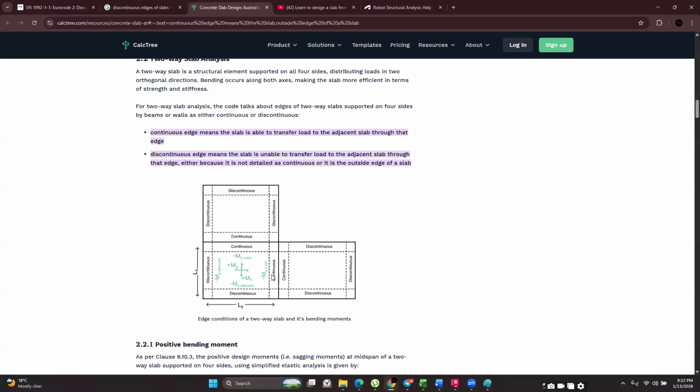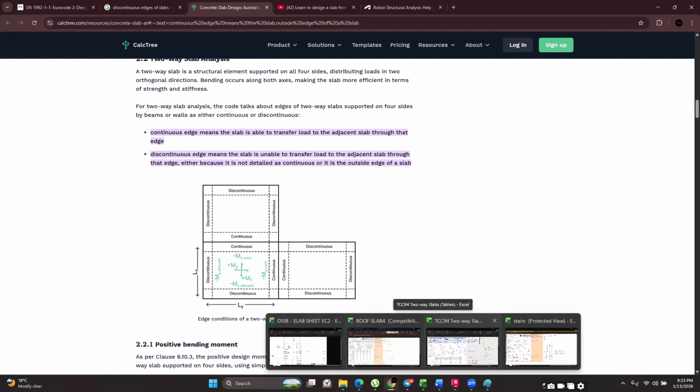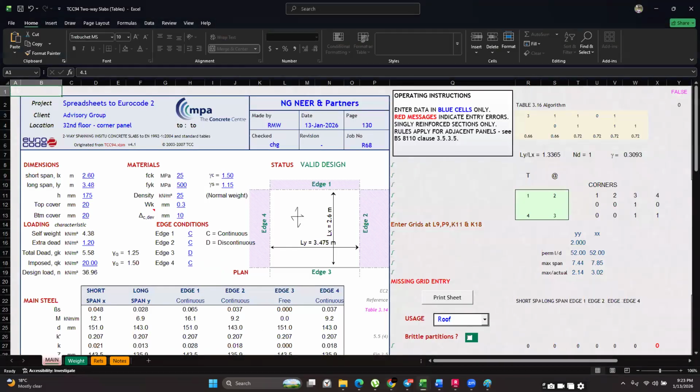This is because these moments here are going to kind of cancel out, so they become a bit less as compared to this one here. So this one is going to have a smaller effect on the slab as compared to this one. So that's majorly it. So what we do when using the Excel sheet is we look at our most critical